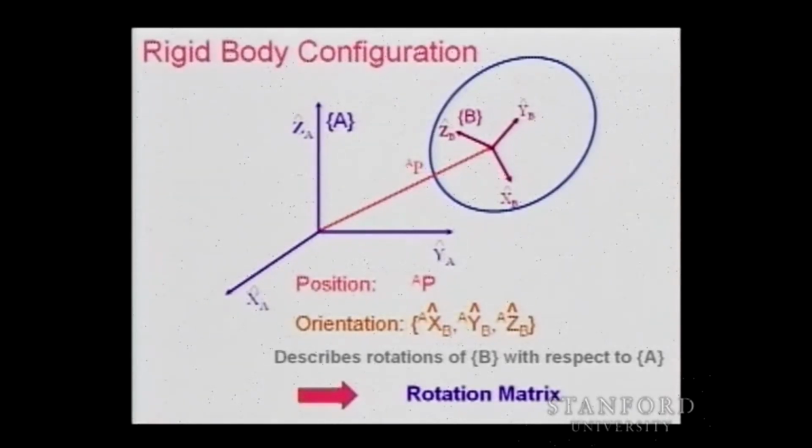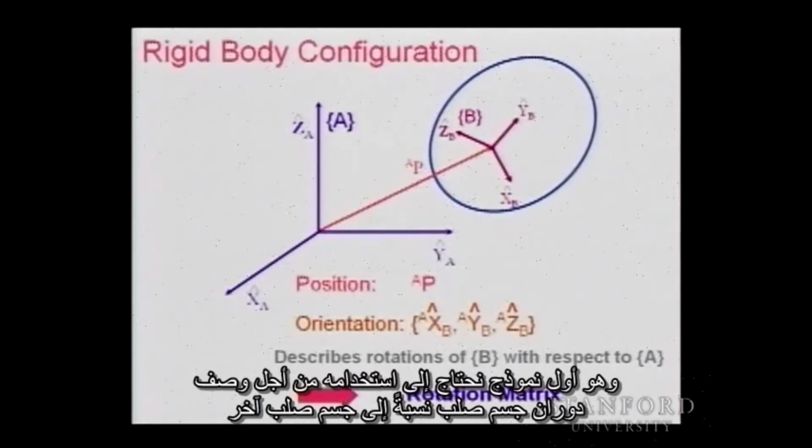So essentially, we are going to find the rotation matrix, which is the first model we need to describe the rotations of one rigid body with respect to